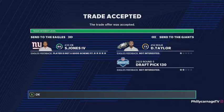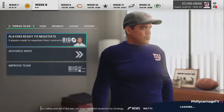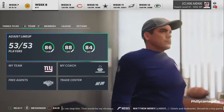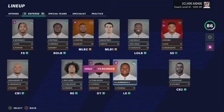All right, so we were able to make a trade there with the Eagles within the division, send Sidney Jones back to Philly, bring over Davion Taylor, who personally, they have him as a right side outside linebacker. I like him playing more middle linebacker, and we were able to bring in a 5th overall draft pick to help improve the team. So while we're at it here, I'm gonna move Taylor to